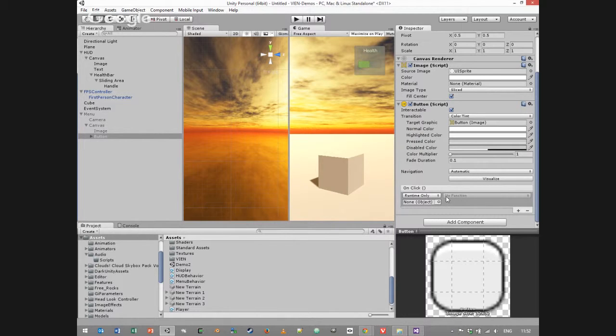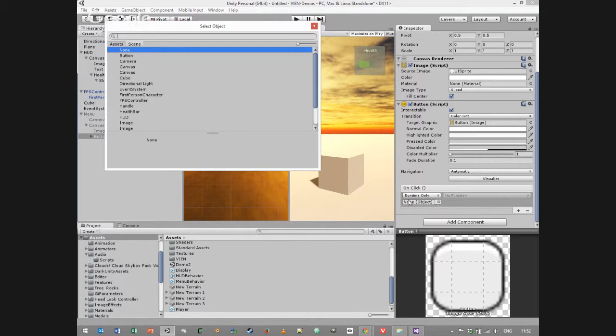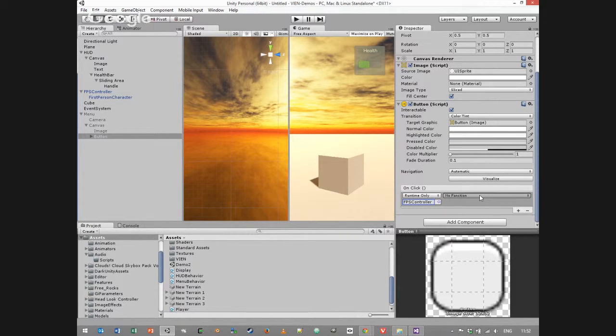And what do I want to do when we press the button? Yeah, we want to do two things. This will do the reverse of what we did earlier. We want to deactivate the menu, and we want to activate the first-person controller. So I just have to find these two objects here. First, we can do the first-person controller here. And what function do we want to call? We just want to call the